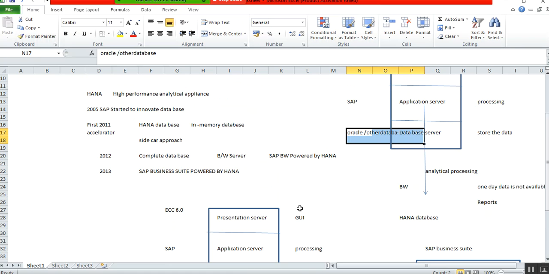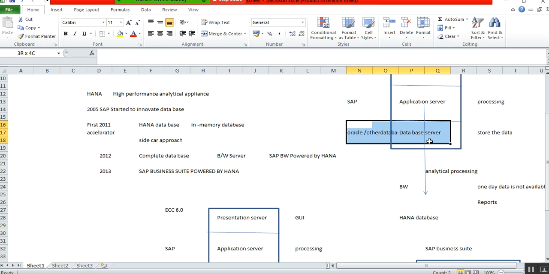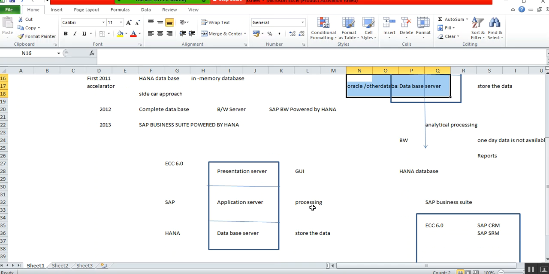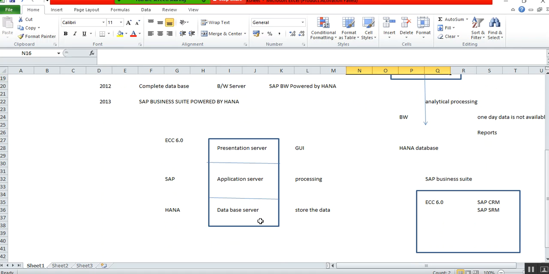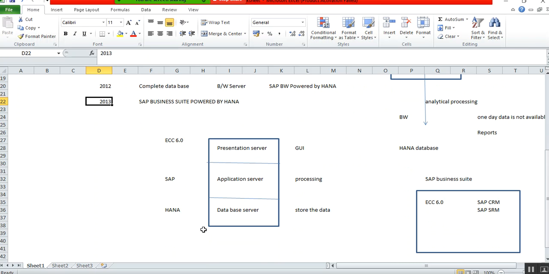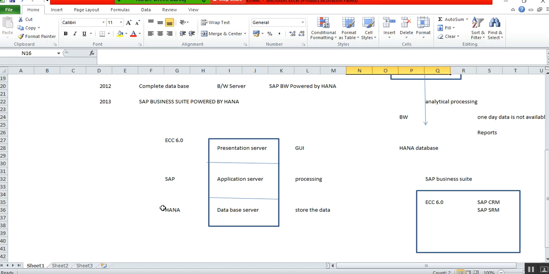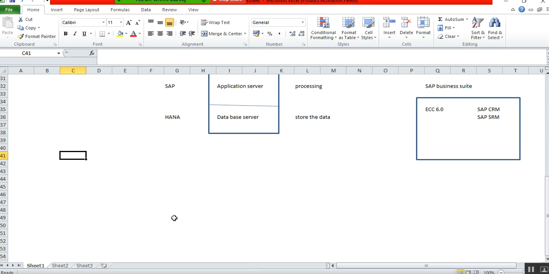Simple question, why do we need to replace it? SAP is saying that if you use the Hana database, your performance is good compared to Oracle, compared to a traditional database, in simple terms. But if you want to see in detail why we need to go for Hana database instead of Oracle, then at that time, 2013, not only was the performance increased, we have so many other factors. What is the HANA database server? So this HANA database server, if you are using it,